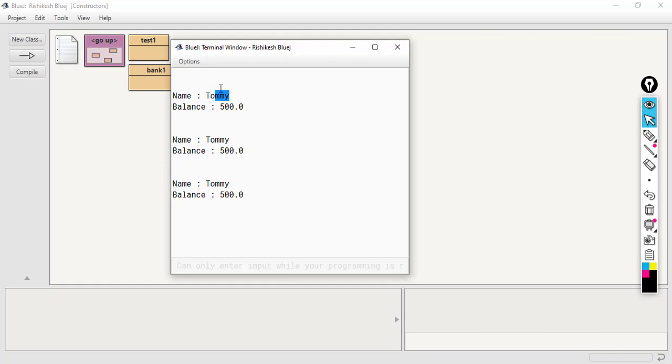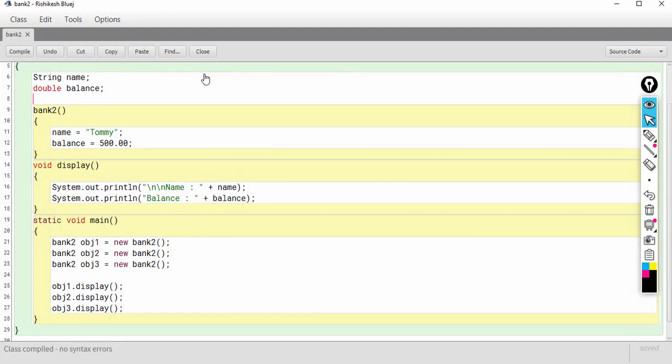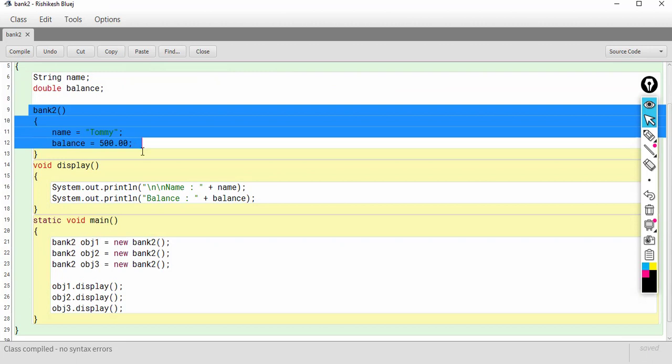It's not necessary that every customer of the bank will have the same name, isn't it? It might be different name, it might be same name also, but there must be flexibility so that the correct name can be stored. In this case our constructor is not giving that facility.